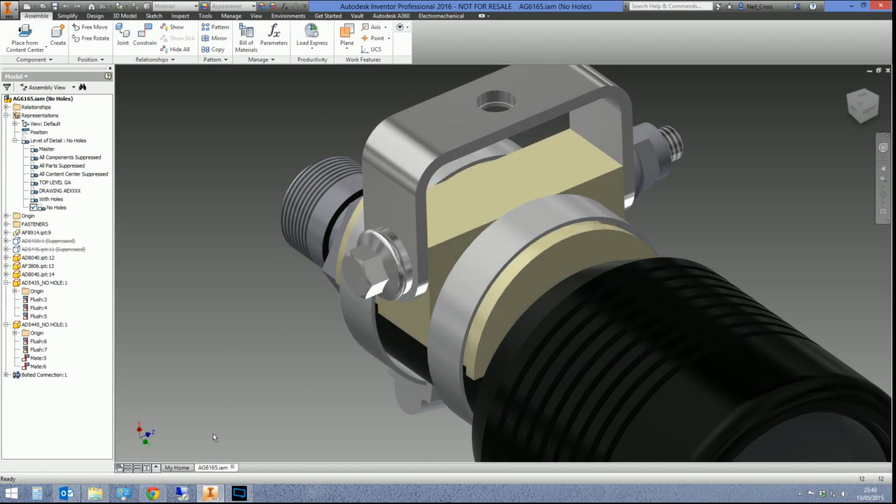Right, I think that's it. I think that's enough for bolted connection. Don't think there's anything else I need to cover on it. That should be enough to get you going with it. Apologies for it being this long. If you've managed to stick it out at the end,